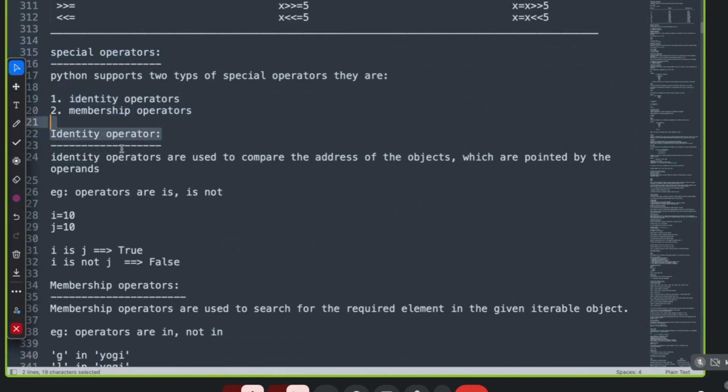So what is identity? Identity operators are used to compare the addresses of the objects which are pointed by the operands. Till now, what we did was compare the data. For example, 25 equal to 25. We are comparing on the